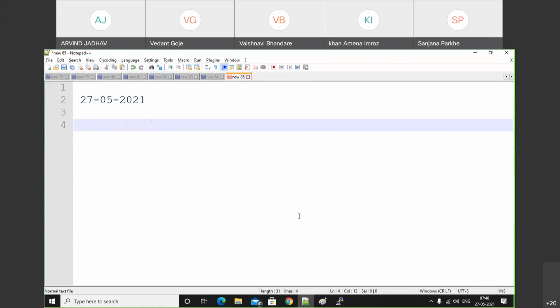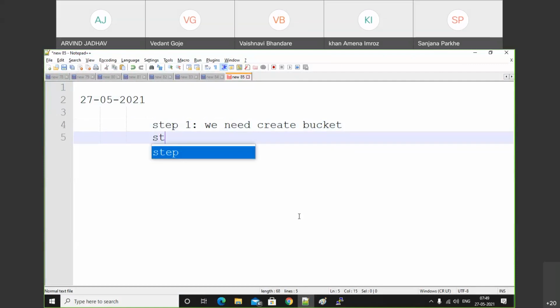First step, we need to create a bucket. We successfully created step 1. We need to launch an EC2 instance.